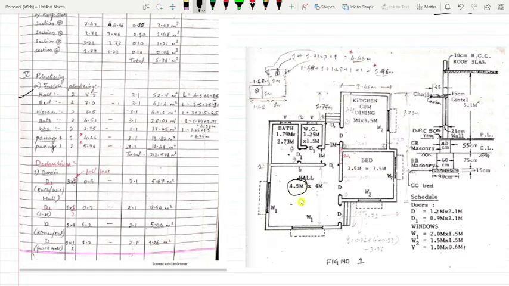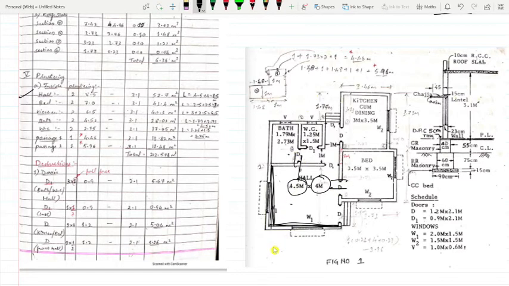4.5 meters plastering work is done here, and again here 4 meter plastering work is done. That only is multiplied by 2, because the same thing is to be done here also and here also.